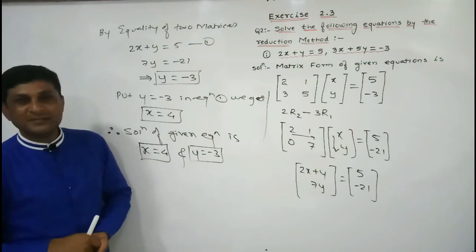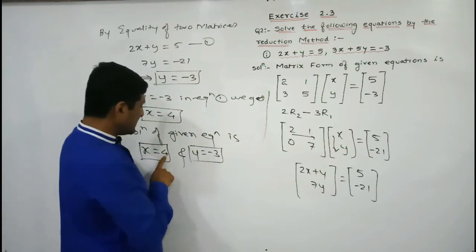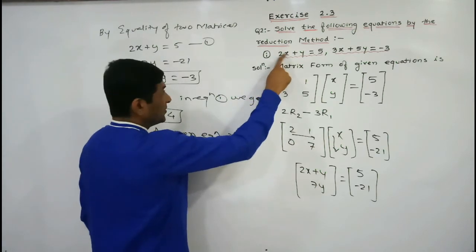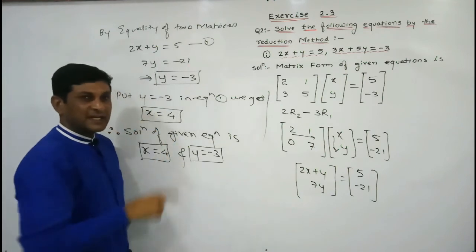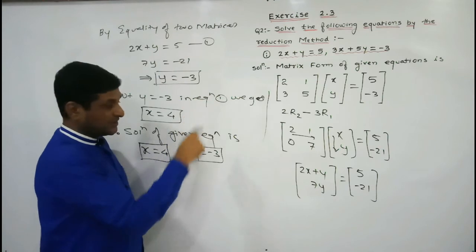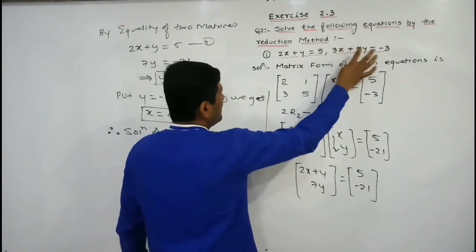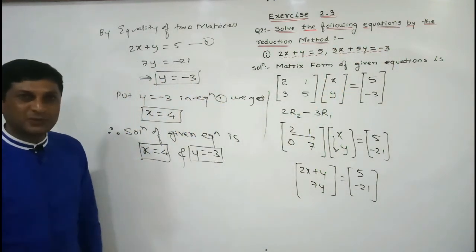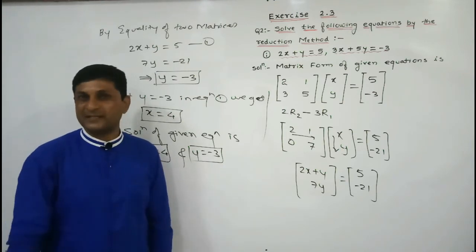To check whether our answers are right or wrong, substitute these values in the given equation. So here replace x by 4 and y by minus 3. So here 4 2s are 8, 8 minus 3 is 5. Yes, the first equation is satisfied. Let us check whether these values satisfy the second equation or not. Replace x by 4, 4 3s are 12 and minus 3 into 5 is minus 15. 12 minus 15 is minus 3, which means the second equation is also satisfied, so we can conclude that our values of x and y are right, which means our answer is right here.